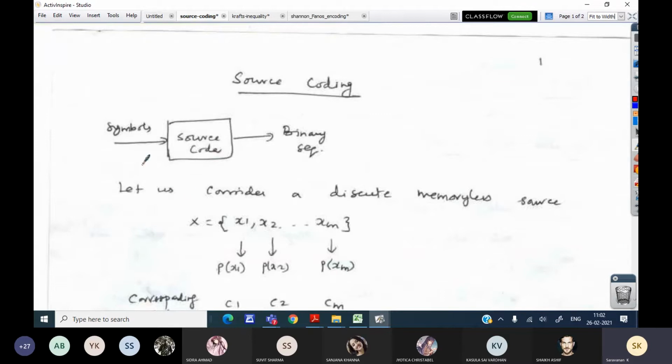Let us consider a discrete memoryless source which is going to emit symbols x1 to xm with probabilities of occurrence p of x1, x2, up to xm.